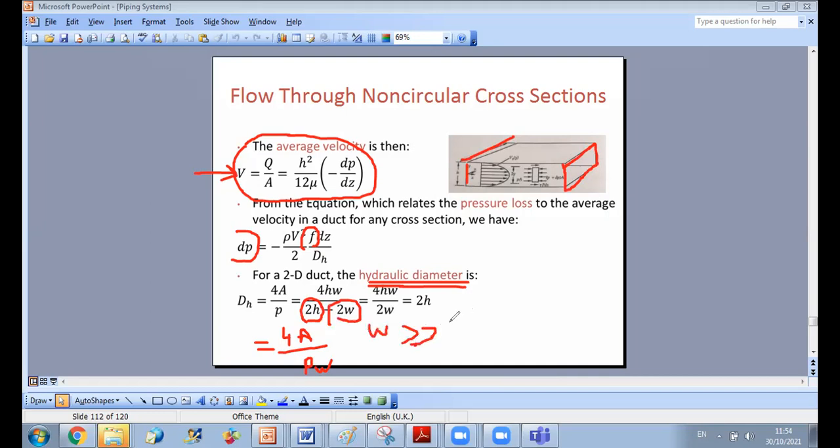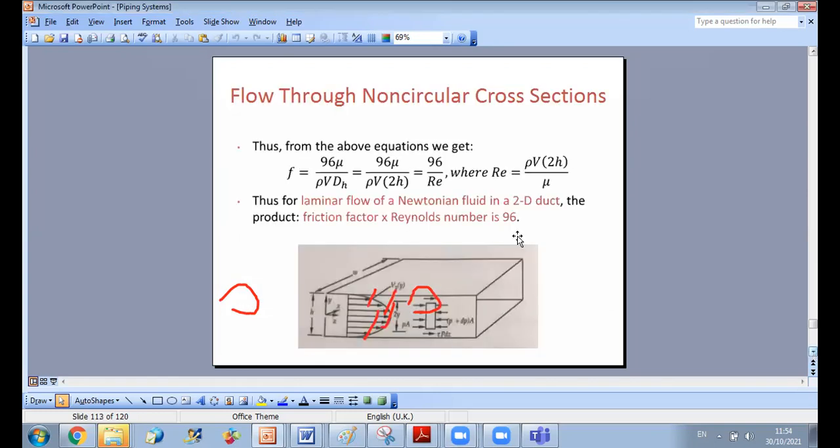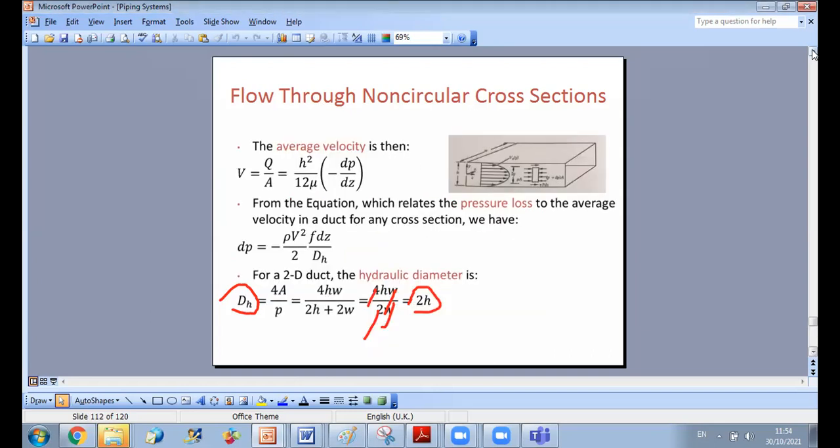So you can simplify the expression of the hydraulic diameter to 4HW over 2W. So what will happen then? W will simplify. 4 over 2 will give you 2. So the hydraulic diameter is equal to 2H. Okay? So in this case now, we know all parameters in case of laminar flow, which will allow us, by replacing in the expression of F, and if you combine these equations here,